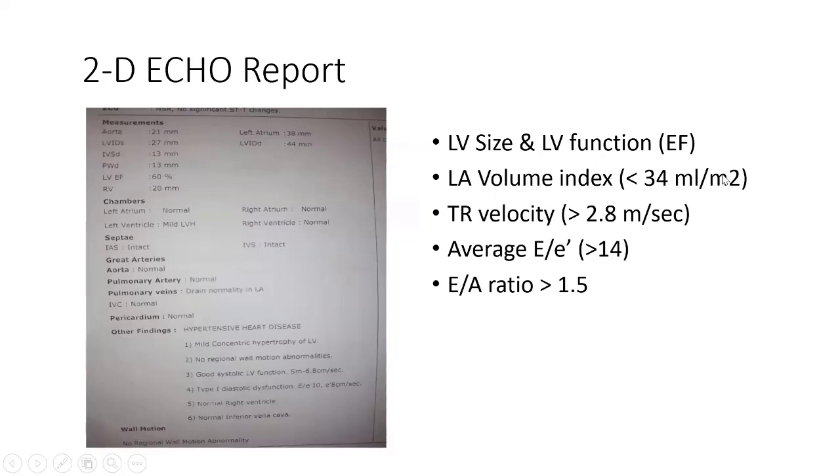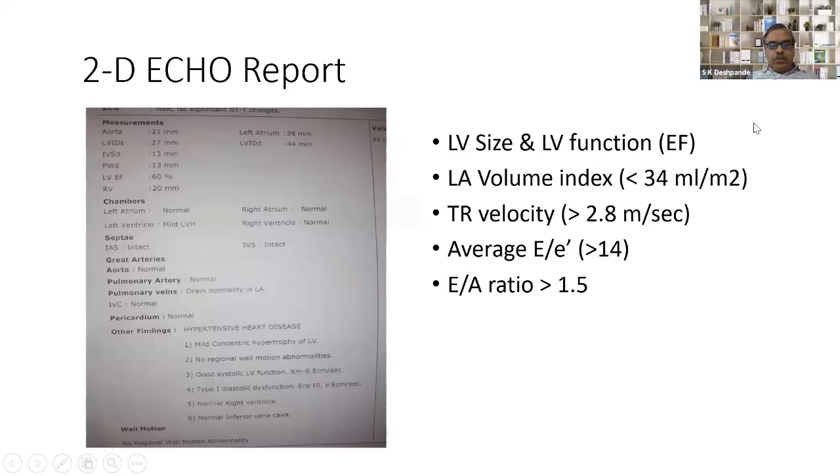So we have to tell the cardiologist to give us the volume index. They generally don't do it because they have to do it hurriedly, but ideally they have to give us the volume index of the LA on the echocardiography. Alternatively, if the left atrium is unduly enlarged, in that case we have to take into consideration that the patient has got some kind of volume overload into the left atrium. It means the left ventricle is not doing well.